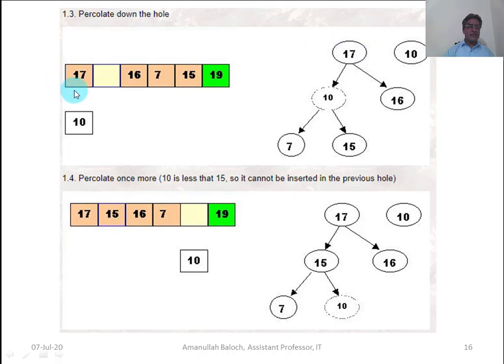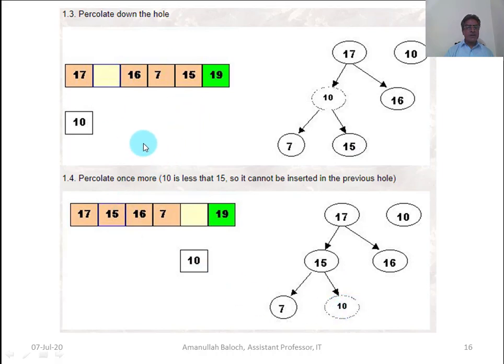Here you may see that 10 was there and 17 was here. Maxheap exchanges them, and then this 10 will exchange with 15 and come down here.